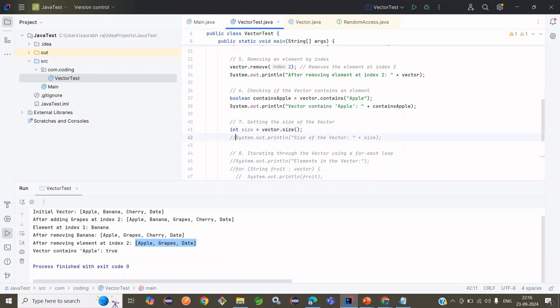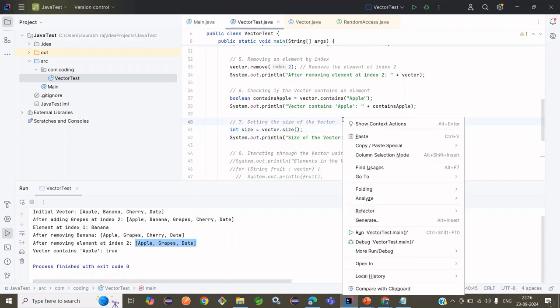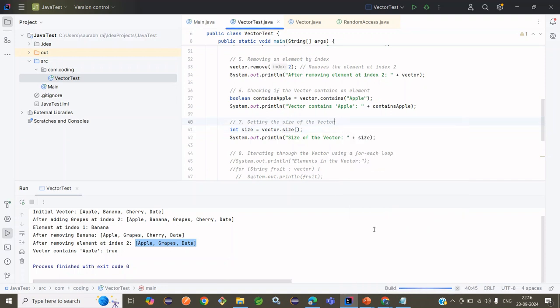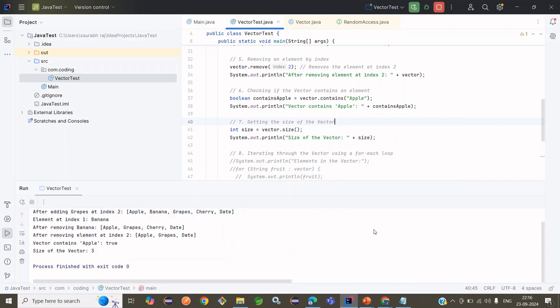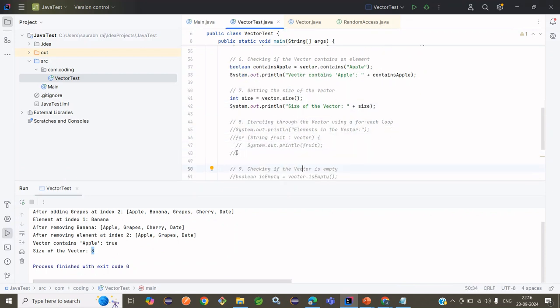So now we are going to see getting the size of the vector. So what is the size of the vector? So with the help of size, we can calculate the size of the vector. So current size will be 3 because we have apple, grapes, and date. So let me run and check, are we getting 3 or not. So now we are getting here 3. That means our output is correct. So size is also working perfectly, and this is the way to get the size of the vector. Okay, same like array list,